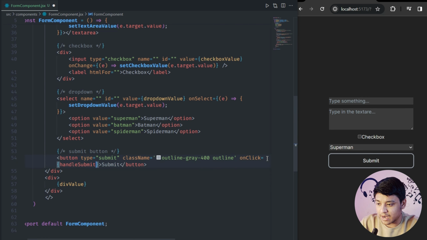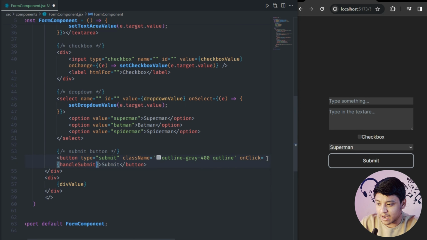Let's see the code properly. Let's close this. So let's explain the code again as a recap. First we are importing this hook useState. Using that we'll create all the state variables that will be used to store the data as we change, as we input anything, as we check the checkbox, as we select something from the drop down. So that will be using the state variables and this div value. Forget this one for now. So these are the four things,